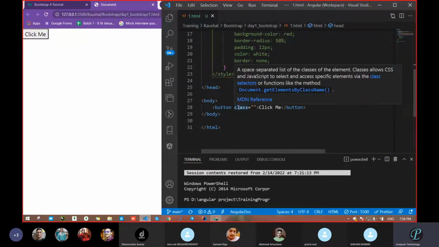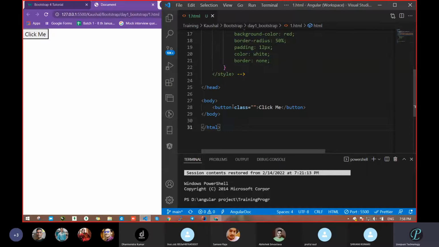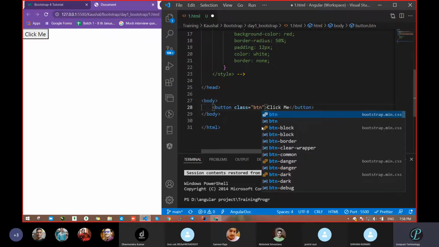Wherever you want to add Bootstrap, pass one class there. Okay? And what do you want? I want to change a button. We will learn that, but for right now, just look at that. I want the design for the button. What we will do is, right here, button, BTN. No need to do more.